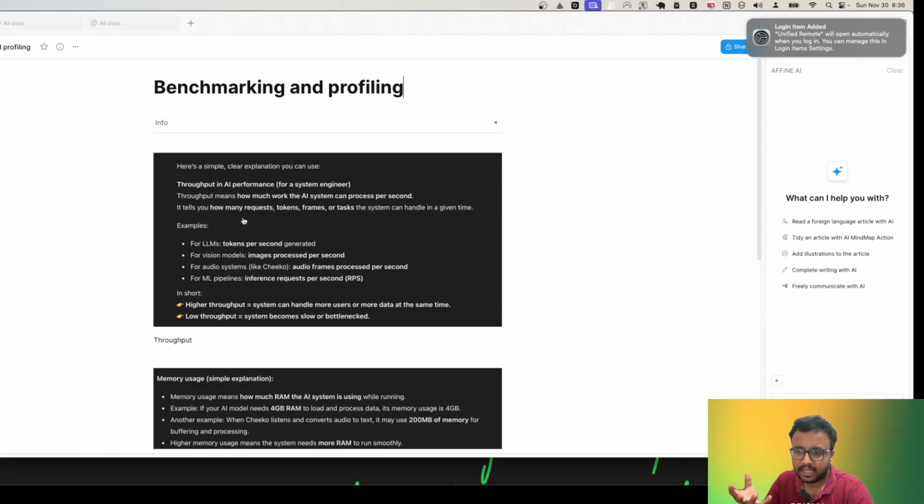Now think of ChatGPT, where every second there may be 2 lakh or 3 lakh people using it. If I take an example of 2 lakh people using ChatGPT, then how many tokens does it have to achieve? For that, the performance engineer is needed, where he will drive the throughput,